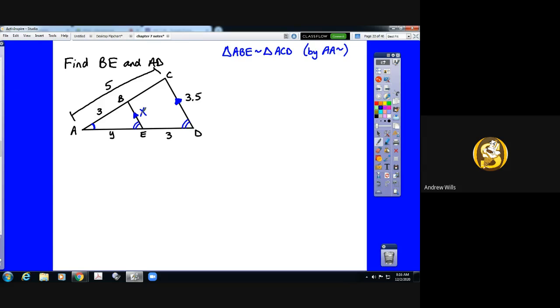So to do that, we're going to have to find the length of AE, which is marked with y, and we need to find the length of BE, which I just added an x for that. So one thing I do suggest is that when your triangles are nested, I highly suggest that you redraw your picture, because it can get a little bit confusing if you don't pay close attention to the various pieces